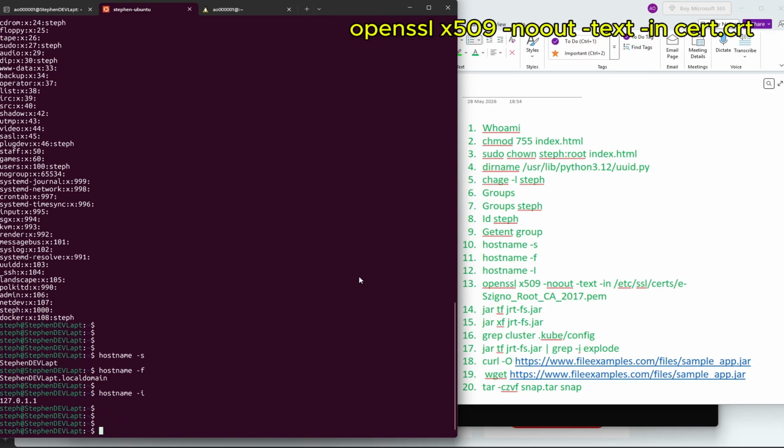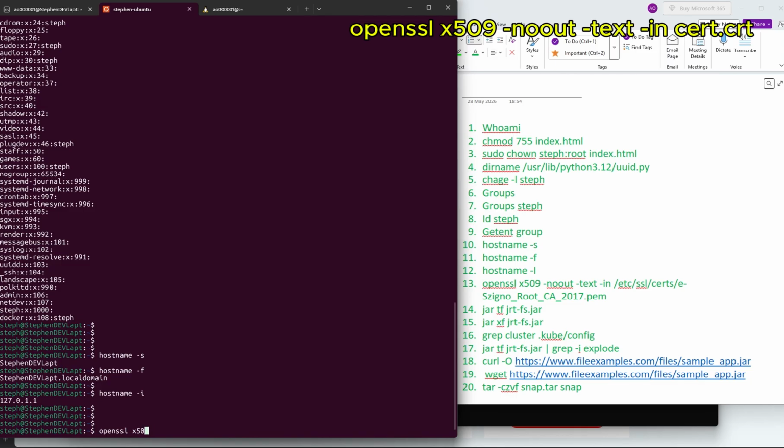So now there is another command. If you're working with an application that requires SSL verification, you have to work with certificates. You can run a command to let you check the details about the certificate, like the expiration date of the certificate, when the certificate was created. In order to do that, you have to type openssl and you have to say